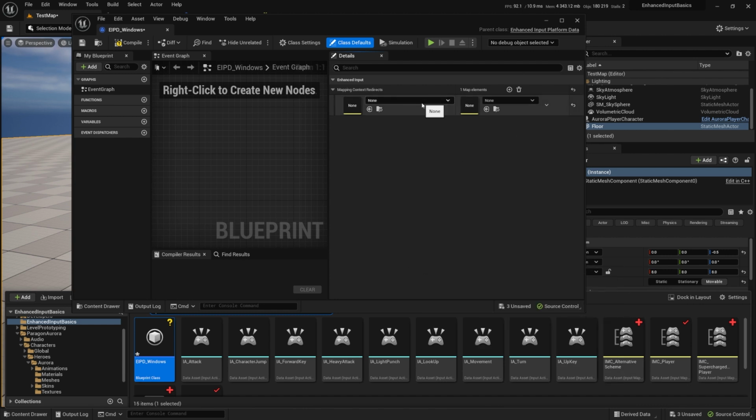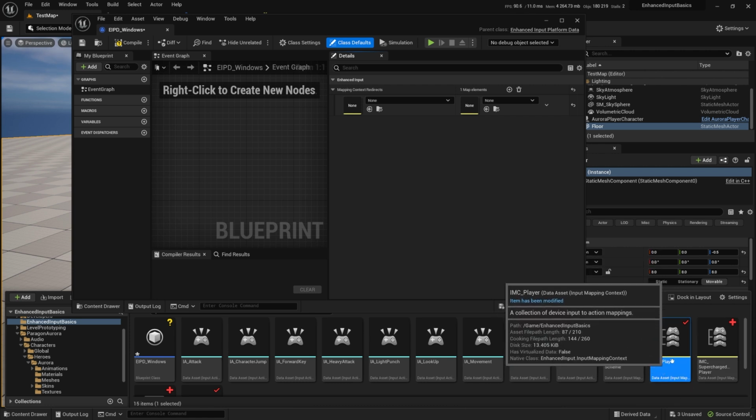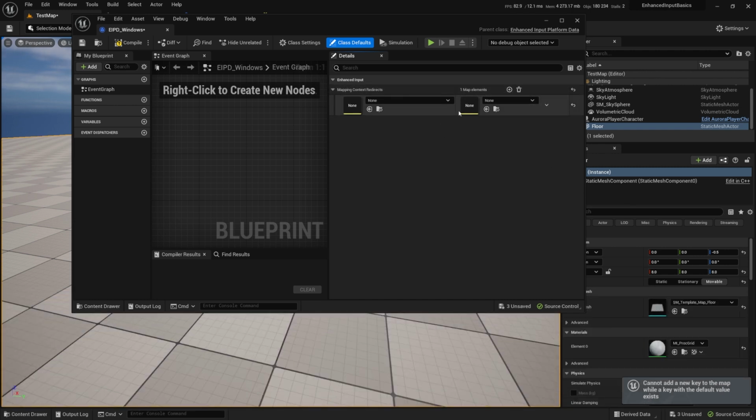So the way this should work is you have your mapping context, the player, and you just duplicate this, and this is no longer the player, it will be the player, but for the platform. It could be Nintendo Switch, it could be really whatever. And you can have as many redirects as you want, as long as the keys are not